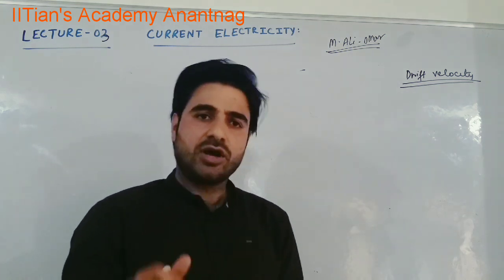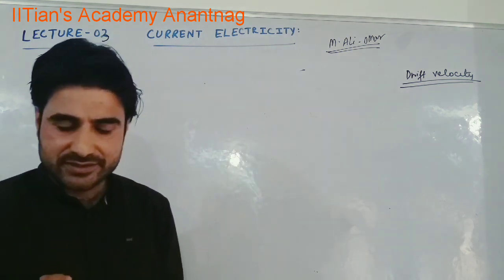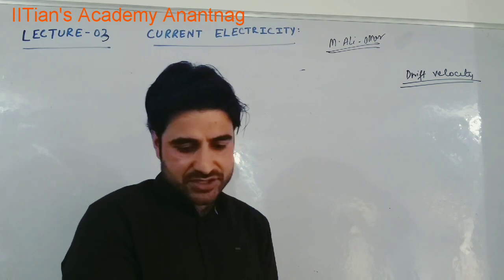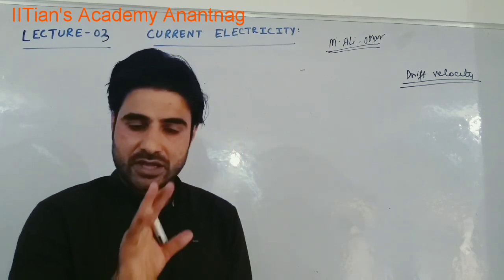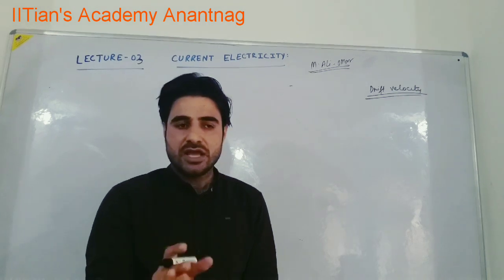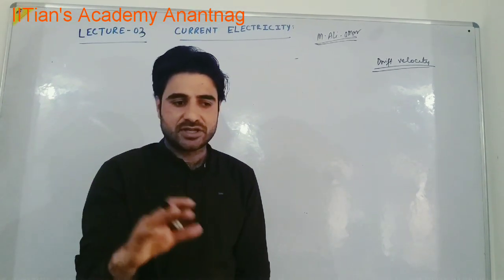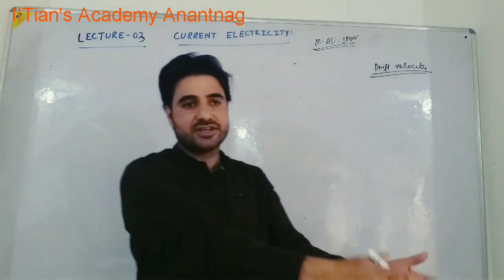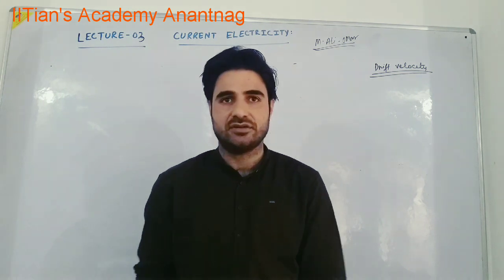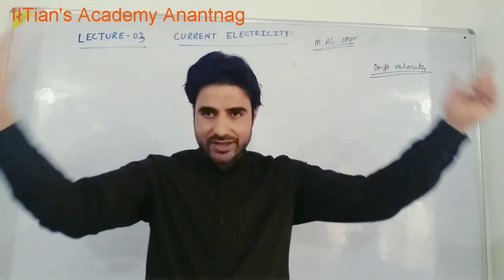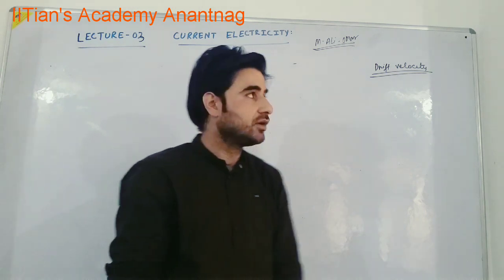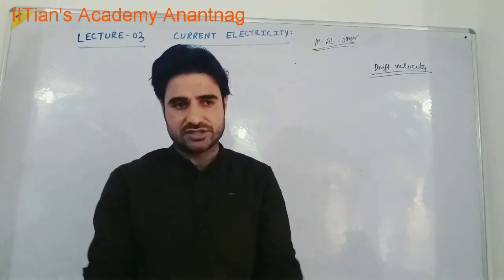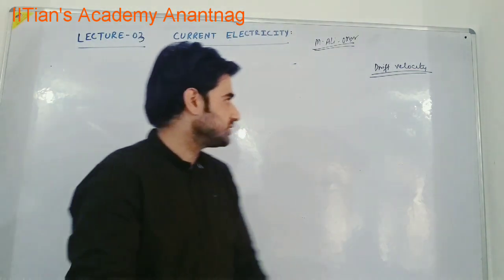In the beginning of this chapter, I said that in electrostatics, charges were at rest. Now, in this chapter, I am making charges move, but again, I repeat, I won't be giving any acceleration to the charges. Later on in the electromagnetism chapter, I will be giving acceleration to them. You will get some good shocking results. You will say, sir, there is acceleration, but I will prove that there is no net acceleration. Intermediate acceleration will be there, but overall, when I see the electron, net acceleration will be 0. So remember this point: in current electricity, I won't be giving any net acceleration to the electron.